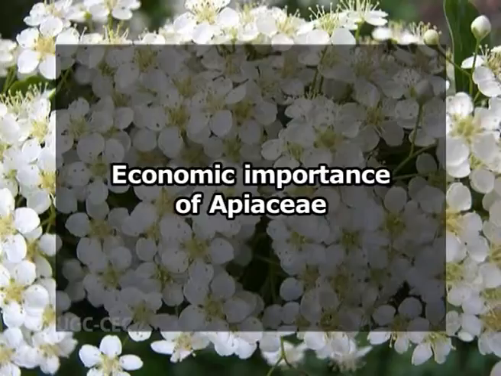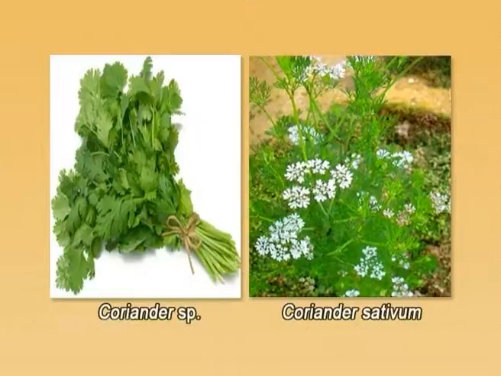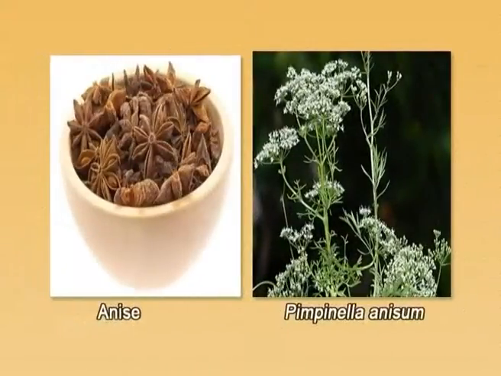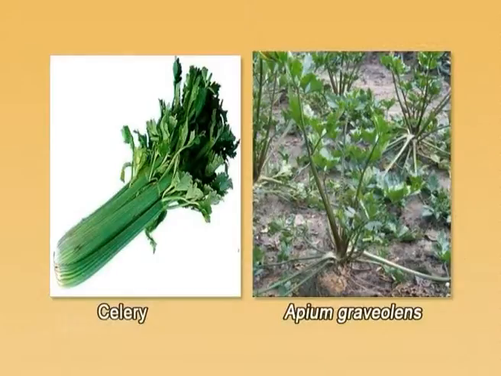Now let us discuss the last part of today's lecture, that is the economic importance of family Apiaceae. The members of family Apiaceae are of huge economic importance. The family contains many important plants that are used as spice. I will mention the common names and their scientific names. These spicy plants are fennel, Foeniculum vulgare, coriander, Coriandrum sativum, caraway, Carum carvi, anise, Pimpinella anisum, celery, Apium graveolens,